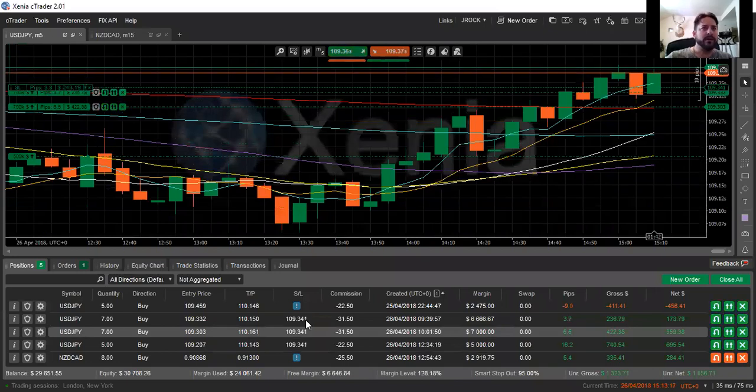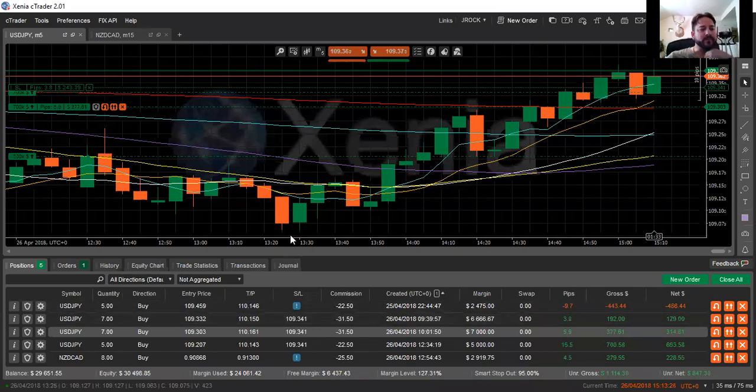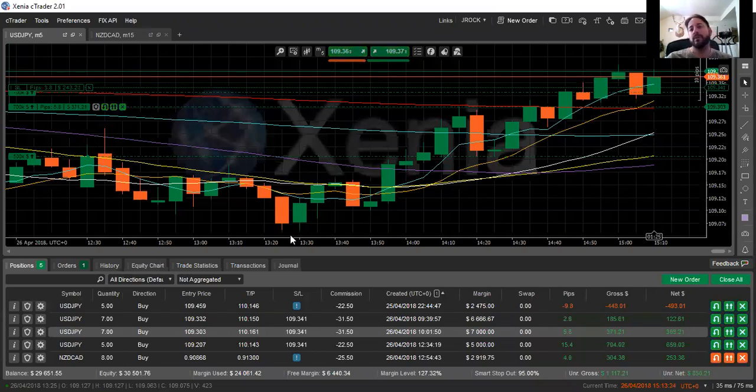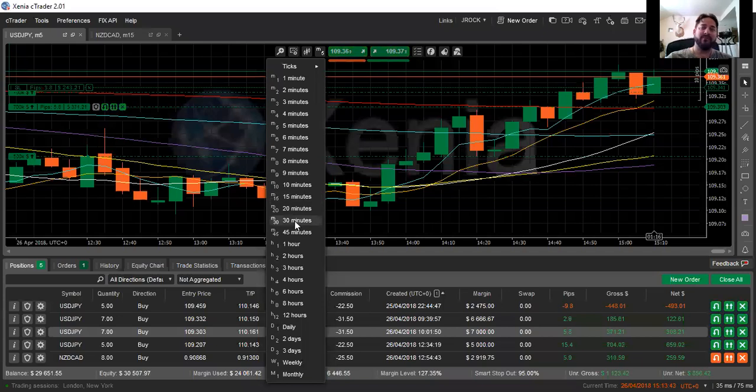All right. So I got 3 with a stop loss of 110, 109.34 that I've been bumping it up. What moving average signals to me that the trend is ending? When it closes below the 10 on the 30-minute time frame. So if I go to the 30-minute time frame,